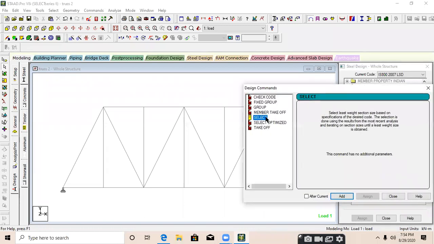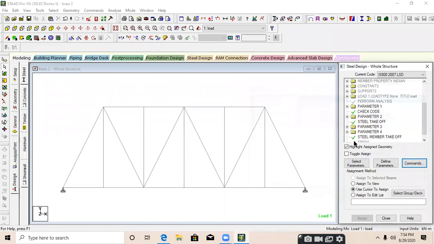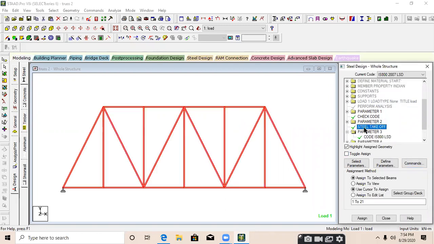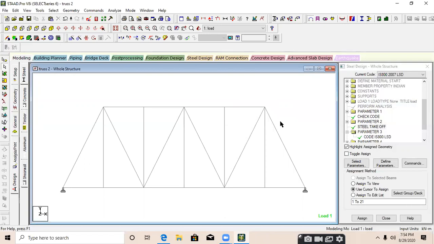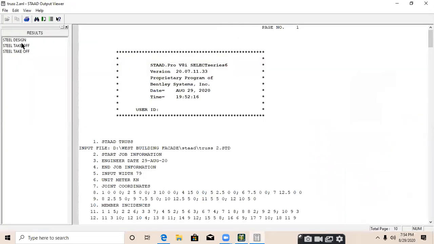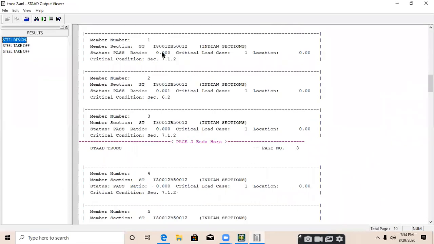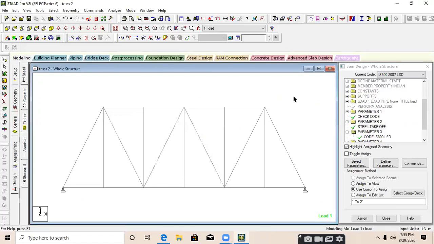Every time we are going to see the results in the output, but regarding the member ratios, here also we will see the ratios directly on the screen. If here only 5 to 6 members, it is okay. If it is 100 to 150, 300, 400 members, we need to check everything.